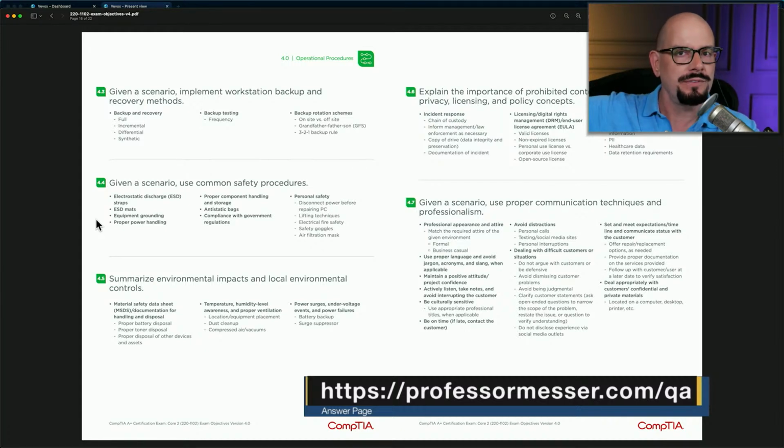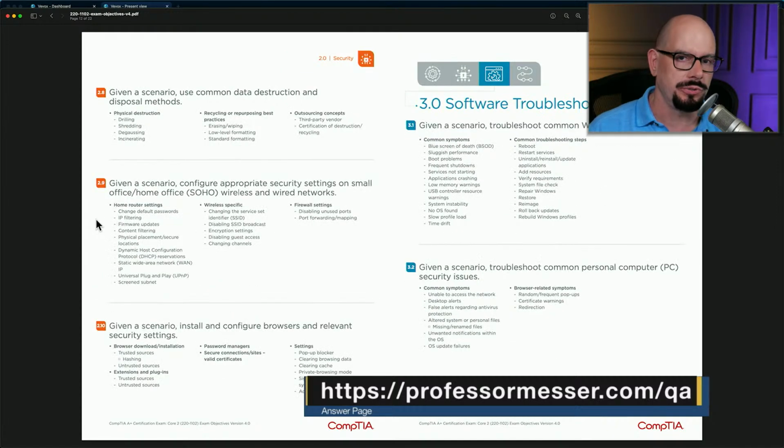That also means you don't have to go off the scope of this. You don't have to go off script to be able to do this. Everything you need to know is right in front of you. This is the perfect checklist for your Core 1 and Core 2 exams and your Network Plus, Security Plus, or really any CompTIA exam. This is a luxury, by the way. Microsoft doesn't give you this.